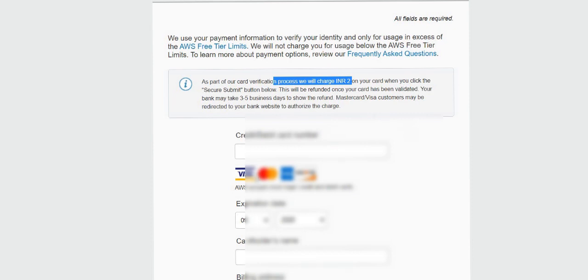So just fill in your card number and give your name, nothing but your debit card owner's name. If you are the owner, you can give your name. Then on the backside of your credit card or debit card, you should find your CVV.